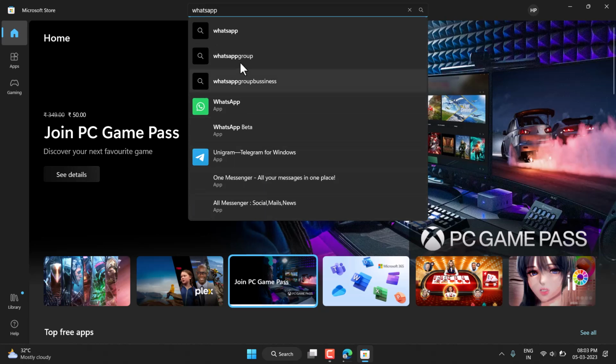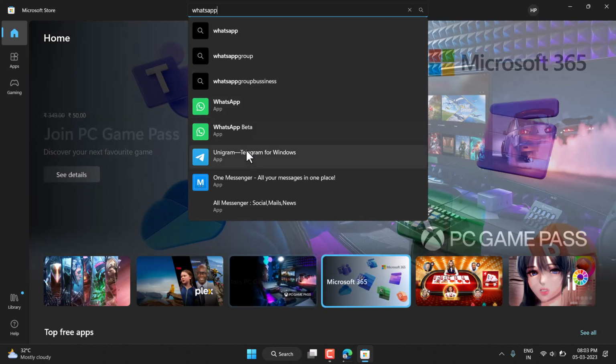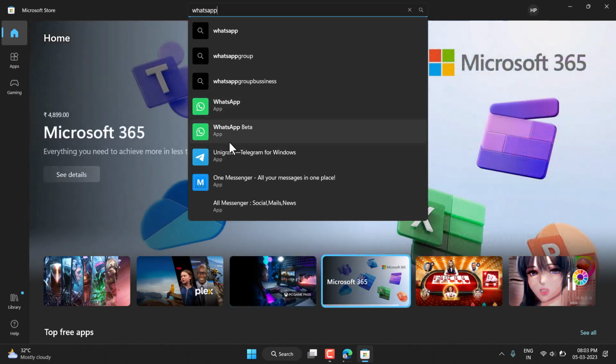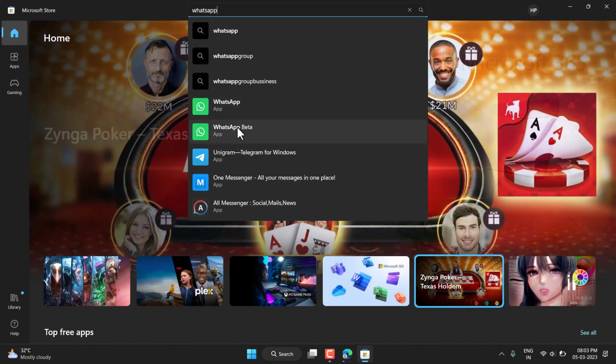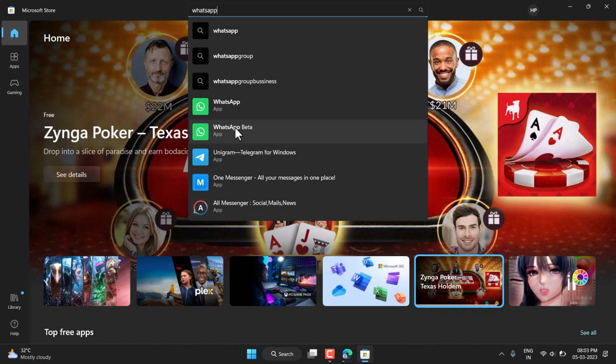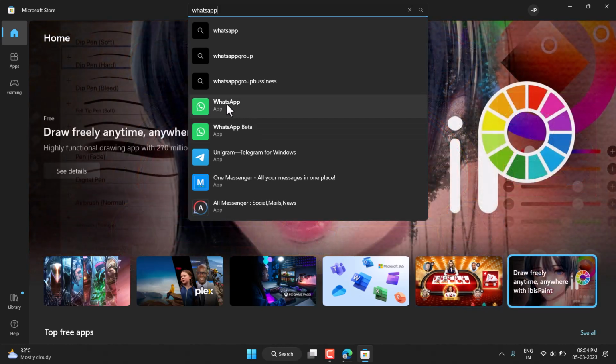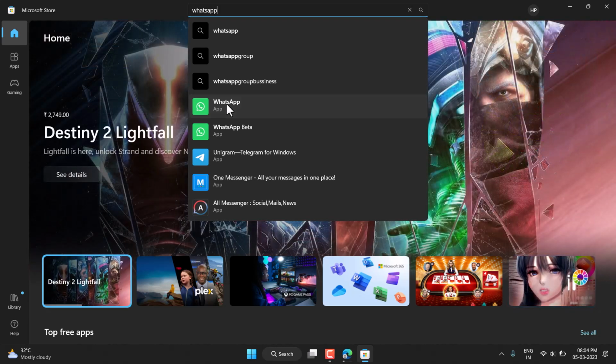So here guys you will see option WhatsApp and another one WhatsApp beta. It's testing version, so you can try and you can test this testing version for WhatsApp, and this is the official version for WhatsApp. So if you are using WhatsApp on your mobile device, so you can use on your laptop also. Just click here